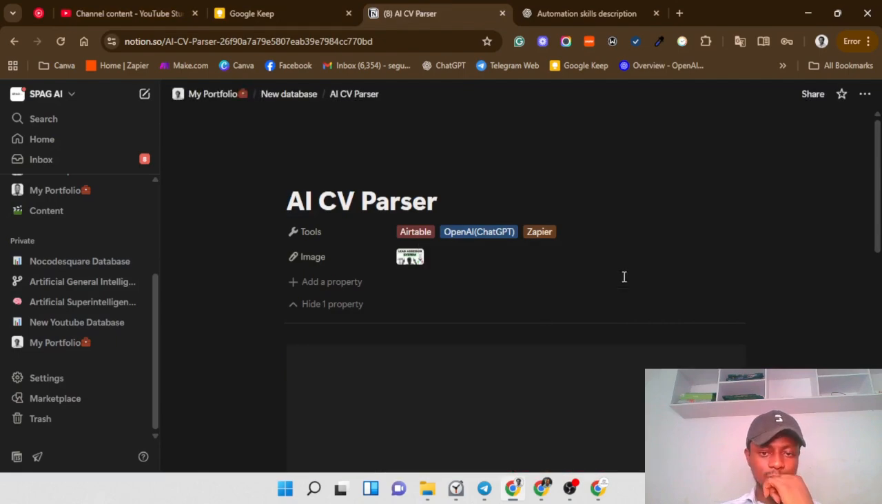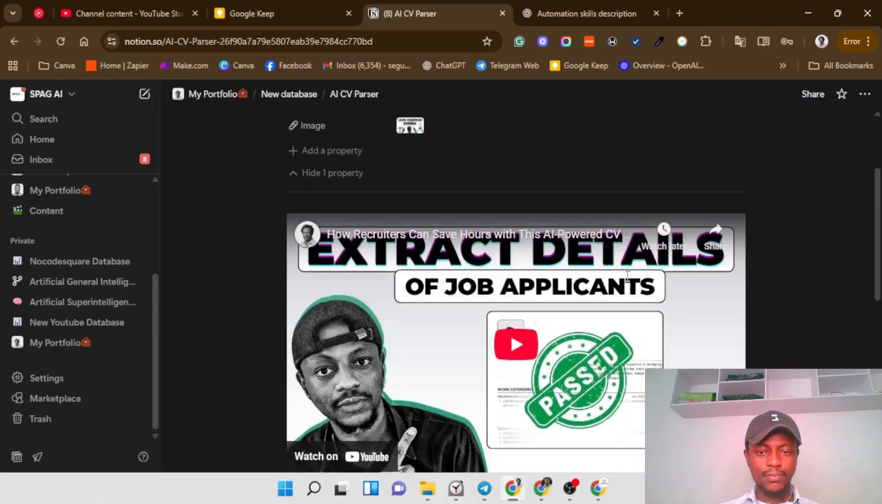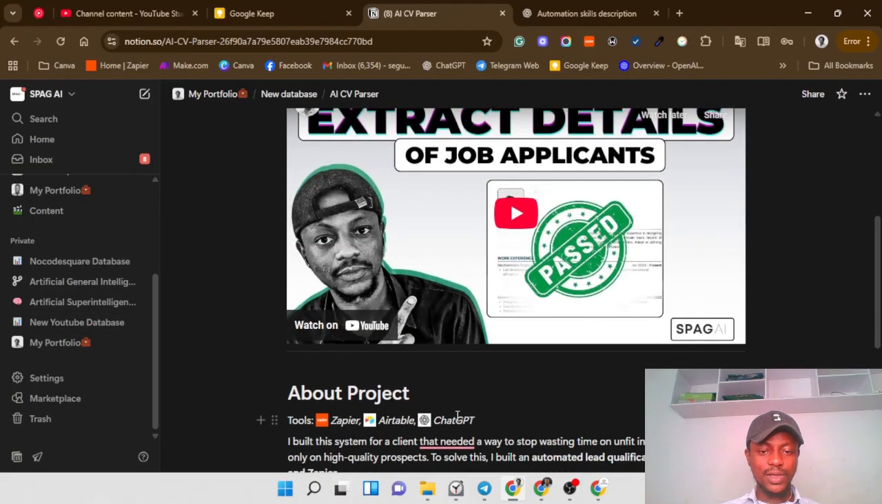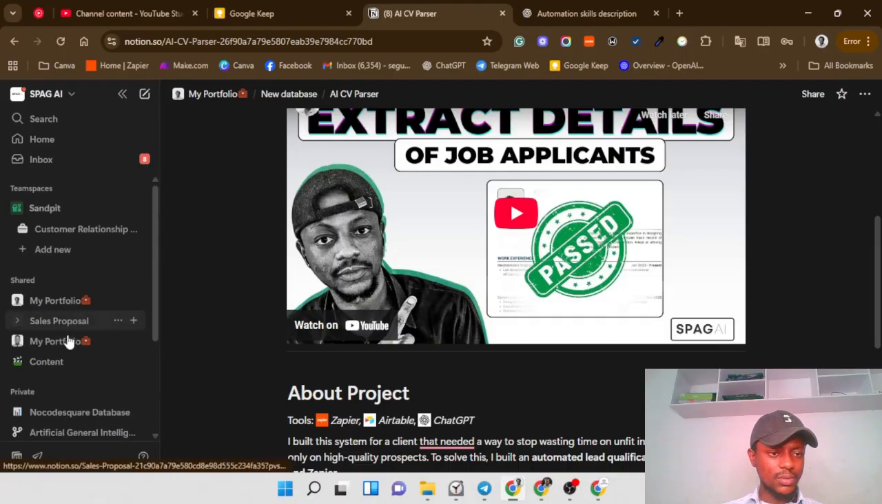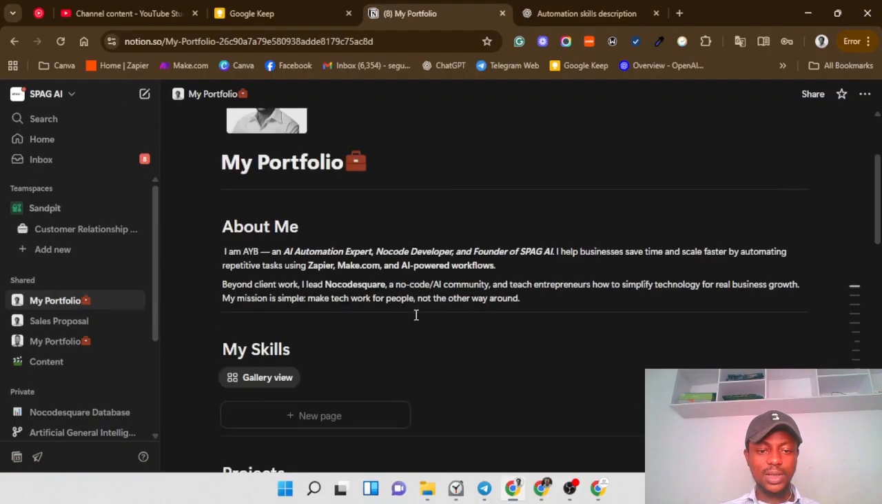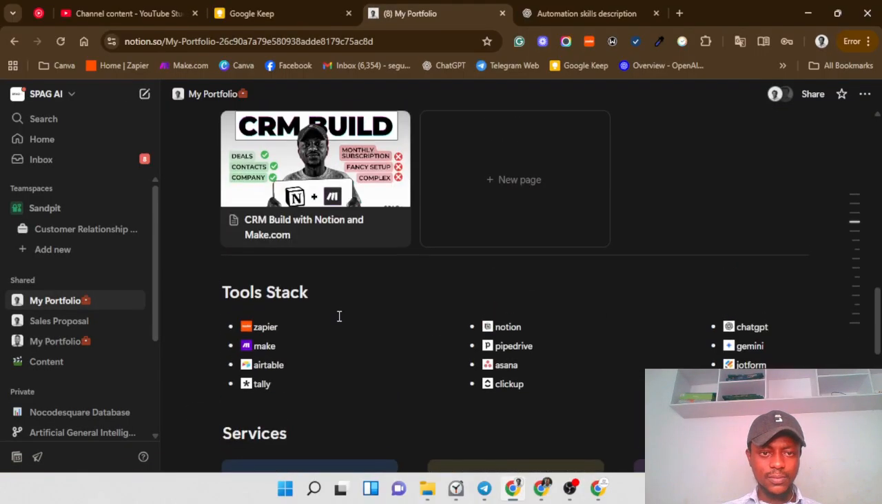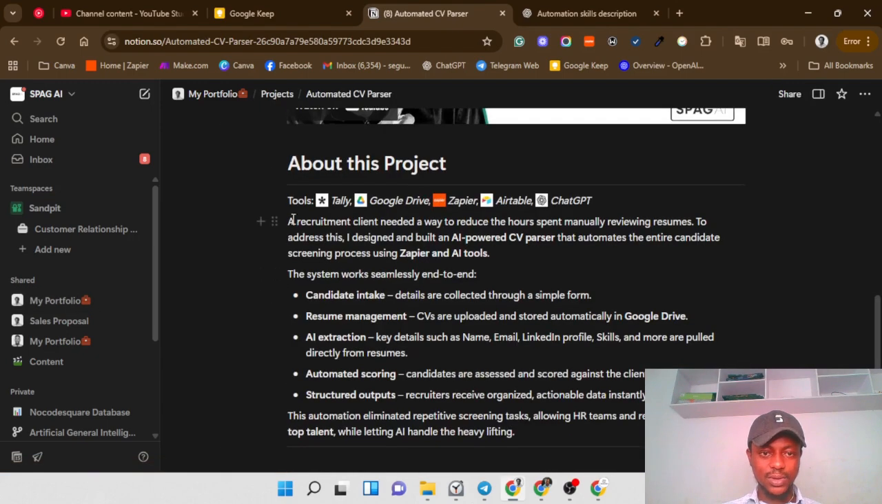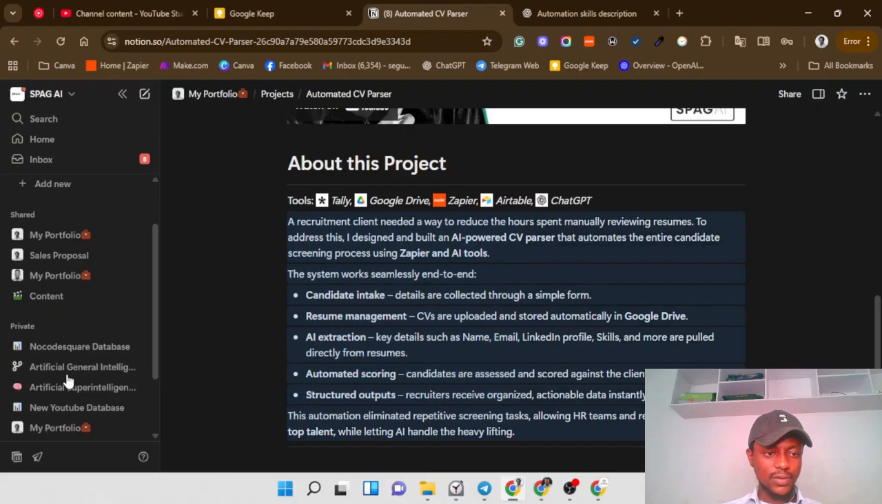Yeah, I think this is it. Like I said, I just have to copy some things I used there so that I'll not waste your time. This particular system, I call it the automated CV parser actually. I remember I used Tally and I used Google Drive. So I'll just have to add all those. Tally and Google Drive. So if I come back here,